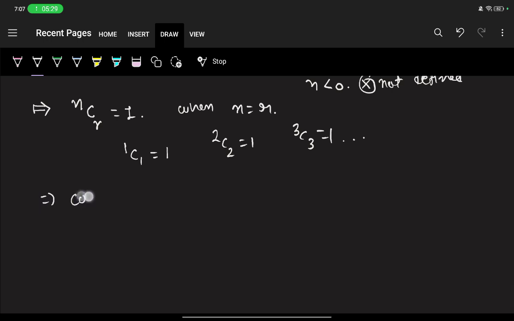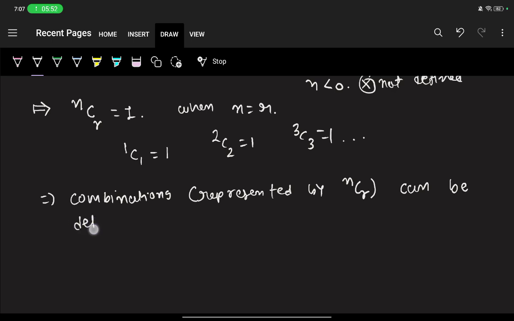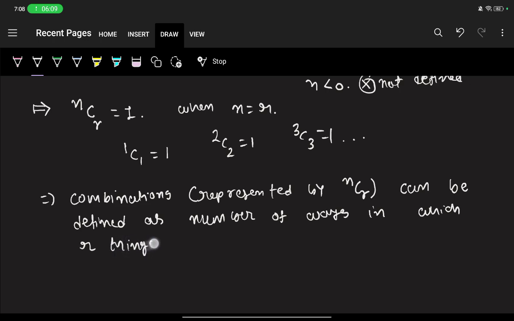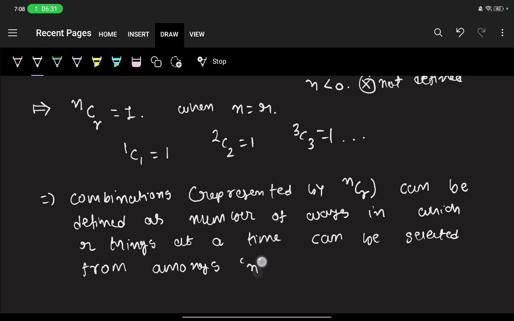Combinations, represented by nCr, can be defined as the number of ways in which r things at a time can be selected from amongst n things